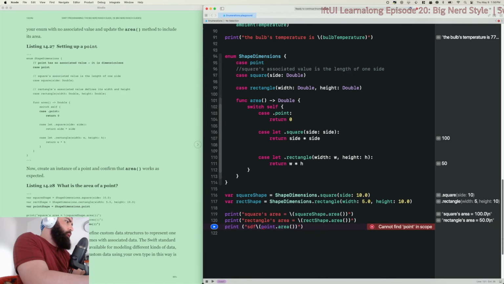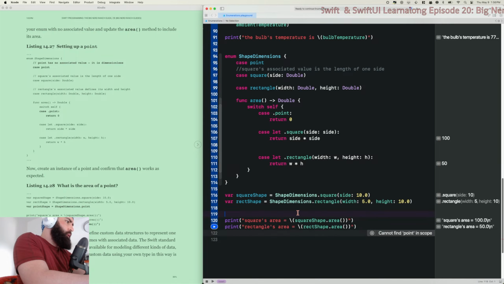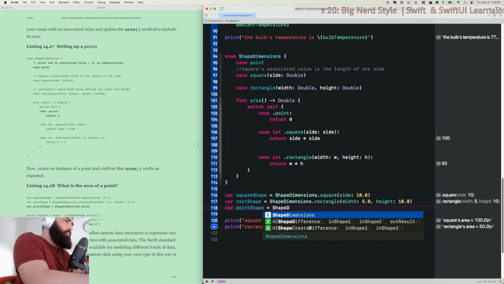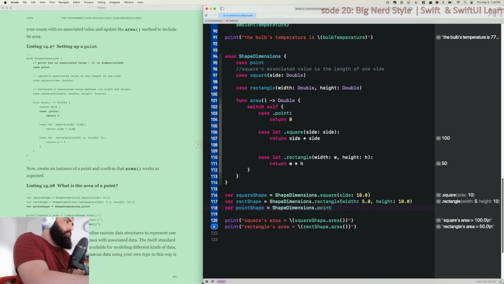Point. Oh wait, we didn't make the, my bad. That is area. Wait, so how to make the point? Okay, yeah. Point shape. Okay, so we call it enum dot point.